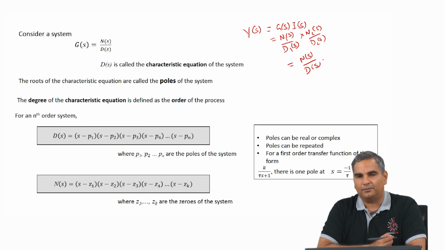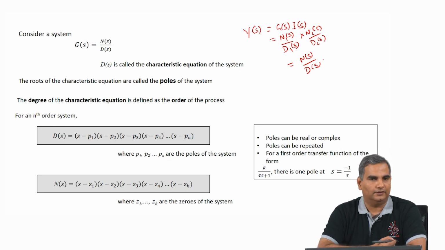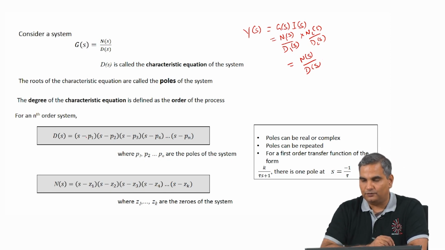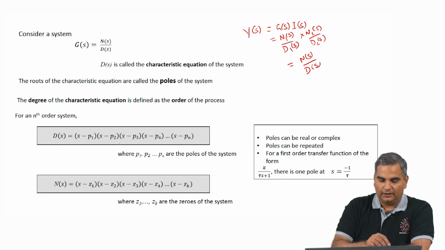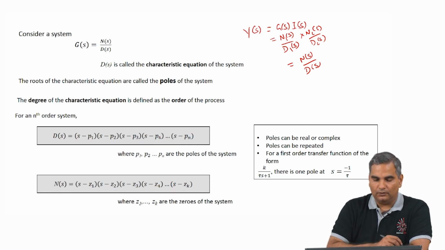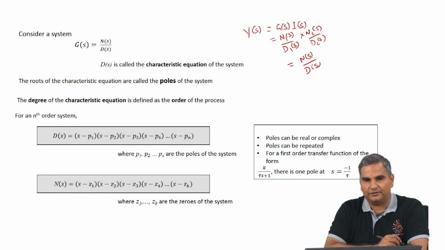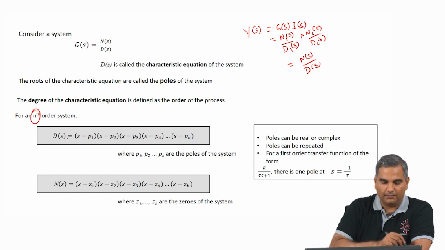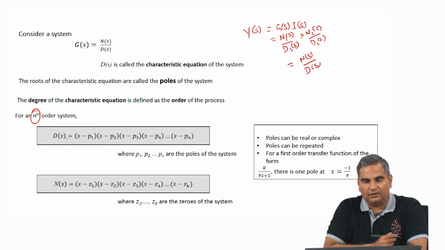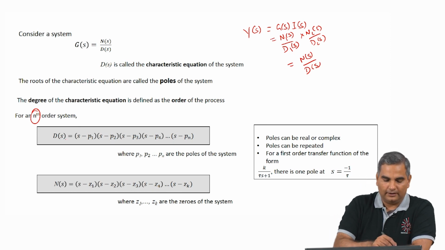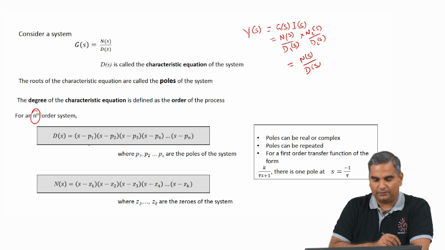Now whenever we talk about polynomials, we know that we can write them in root resolved form. If we keep the first coefficient as unity, then we can actually write the expansion in this form. So we talked about an order of a system, and then we said the degree of the denominator polynomial is the order of the system. So if it is an nth order system, then the denominator polynomial is going to be nth order, and we know from our algebra that an nth order polynomial will have n roots. So we have d of s written as s minus p1, s minus p2, up to s minus pn.